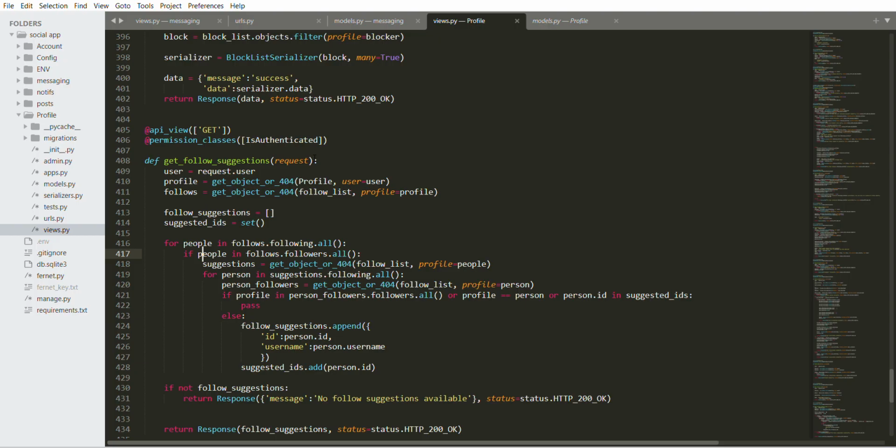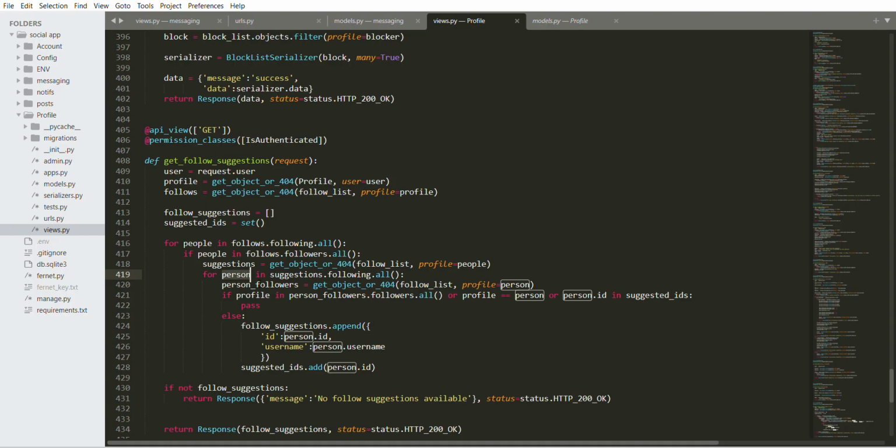So for person in suggestions, now these suggestions contains the follow list of these people that follow us back because we follow them. So for person in suggestions the following the all, remember we did this for people in follows the following the all, that is for me, that is for user A. Now for person in suggestions the following the all, that is for user B, so that we can get access to user C, user D, user E, user F, and so on and so forth.